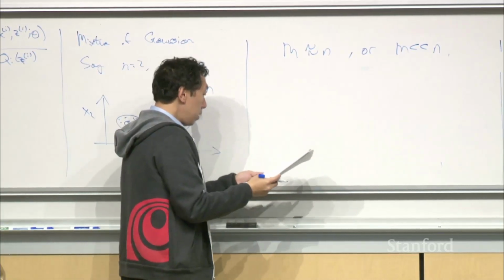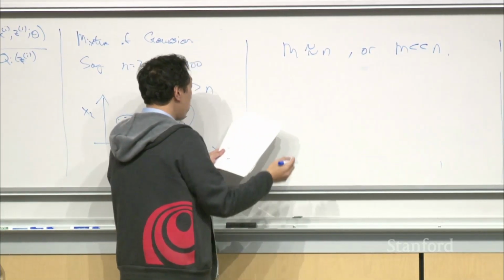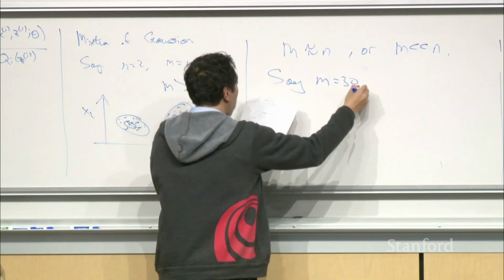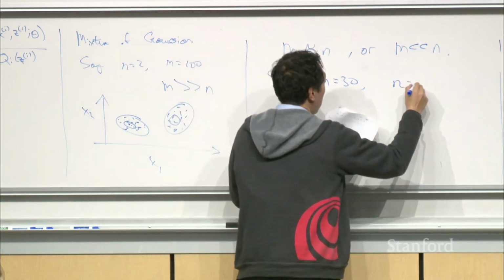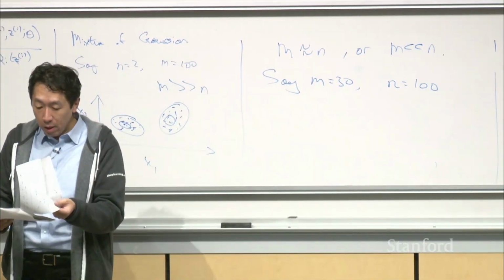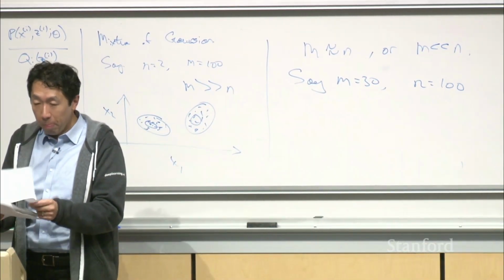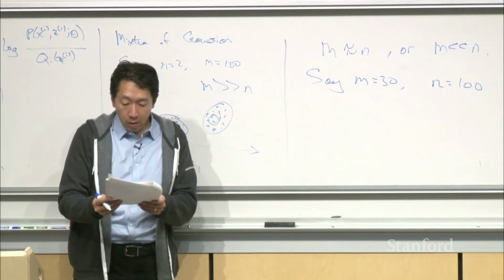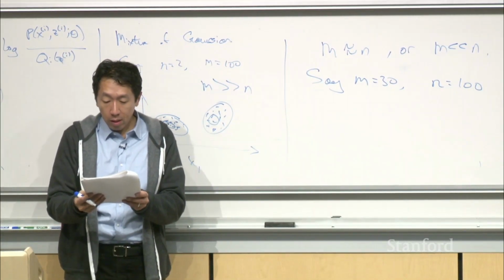Okay, and so just for the purpose of illustration, let's say m equals 30 and n equals 100, right? So let's say you have 100-dimensional data, but only 30 examples. And so to make this more concrete,